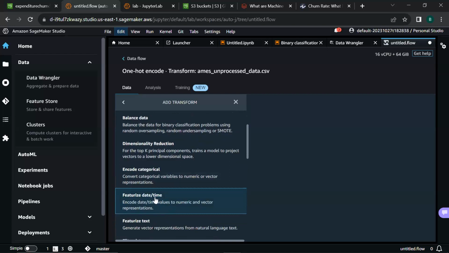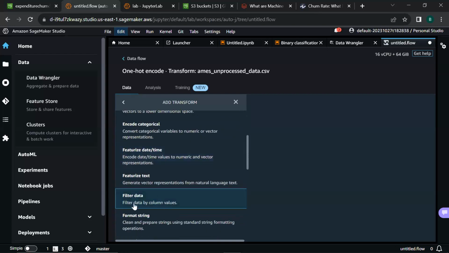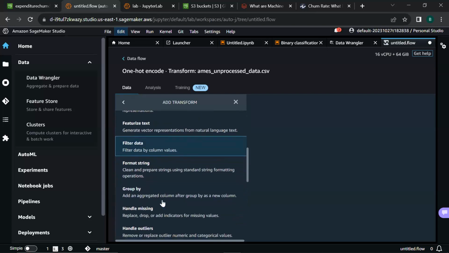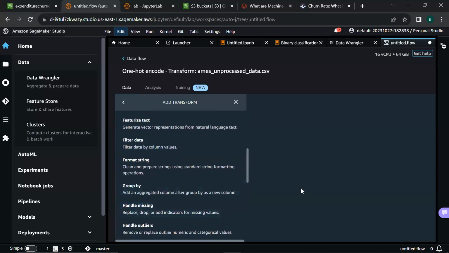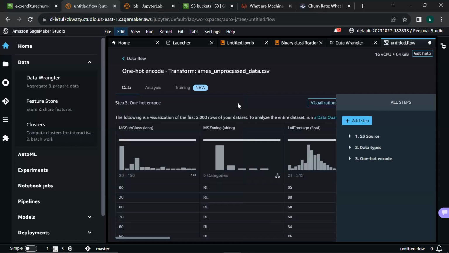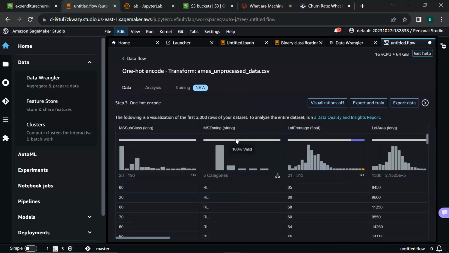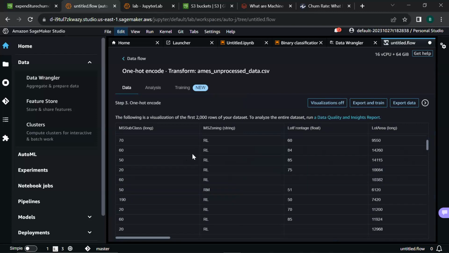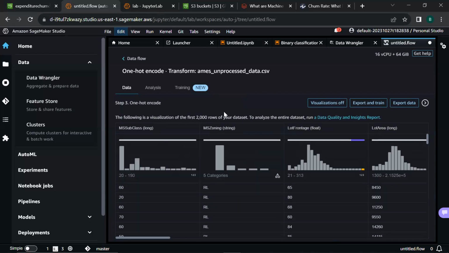Let's say we want to extract hour, day, and month from our data. We can do that here. We can also filter our data by column values. We can group our data and so forth. But we are not going to do that. So let's just clear those and look at the data that we have.